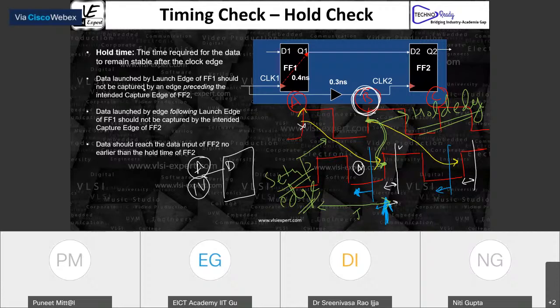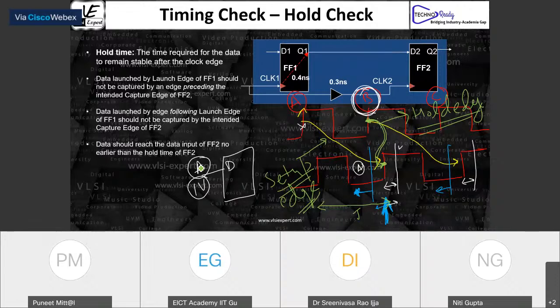One question: okay, sir, anyways, data launched by FF1 at the second pulse is going to override the data present at FF2, 100% right. So data launched by FF1 at a second edge is going to override the data present at FF2, yes. Why should we maintain hold time then? Do we parallelly take the data out during the hold time? Good question. So the answer is the data which you're going to launch from here is anyways going to override this particular data.